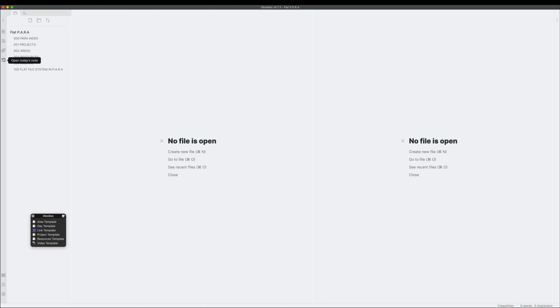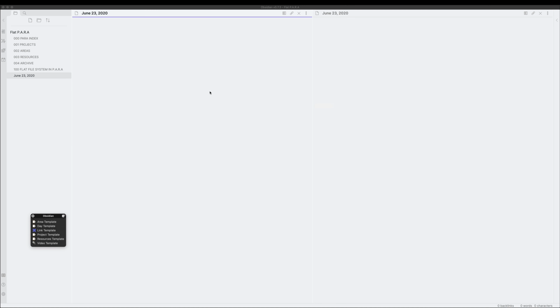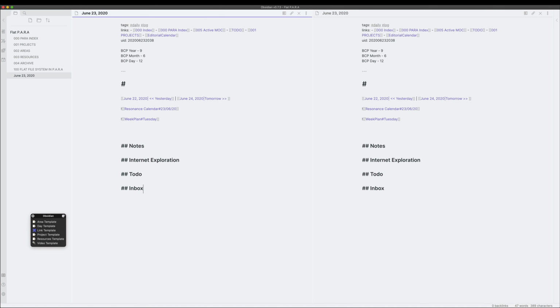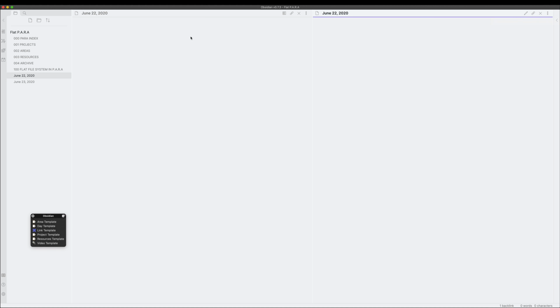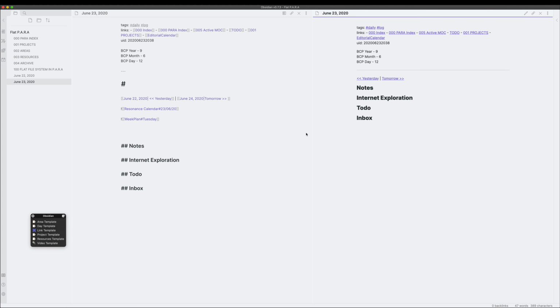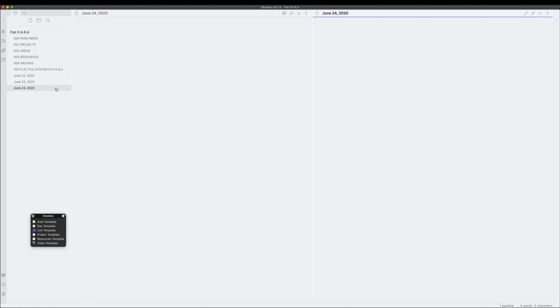Yeah, delete. Click here and it's created. Okay, so again, I just have to put in my expansion keyword and you can see it gets expanded. Now if I click yesterday, it'll take me to the file yesterday, but there wasn't any file, so that's why it was a blank file. Now if you click tomorrow, it'll create a tomorrow file and you can add things over there.